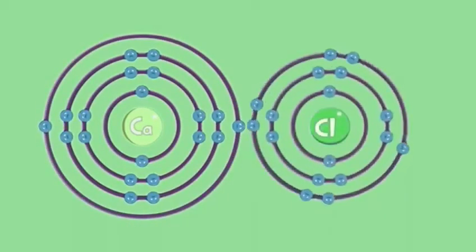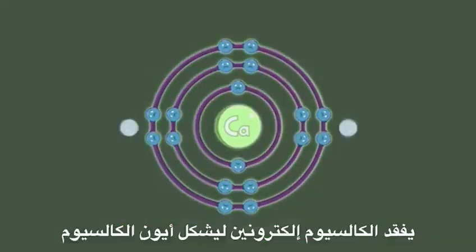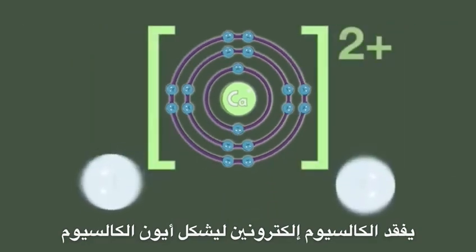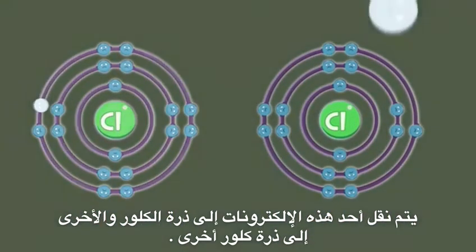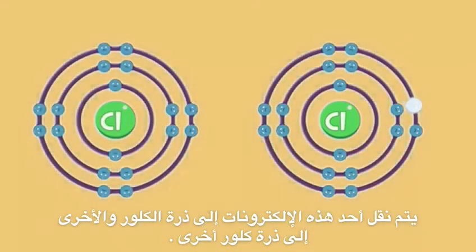Now, let's look at calcium and chlorine. Calcium loses two electrons to form a calcium ion. One of these electrons is transferred to a chlorine atom, and another is transferred to another chlorine